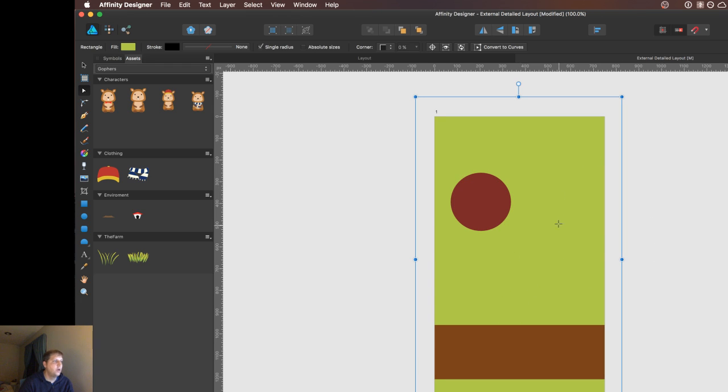Perfect. Look at this. So what I wanted to do is I was going to do like a little fence maybe around here. So a little gated